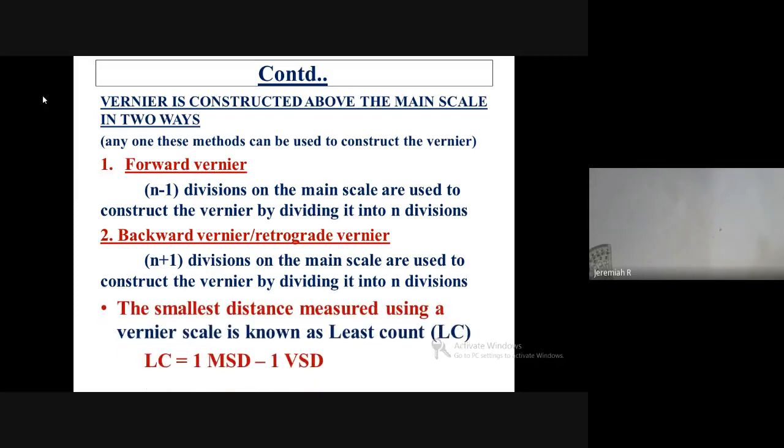So you know what is least count? One main scale reading minus one vernier scale reading. With a vernier caliper, you have done some experiments in your plus one, plus two. The least count is one main scale reading minus one vernier scale reading. These are very basic things. We'll just start a problem.